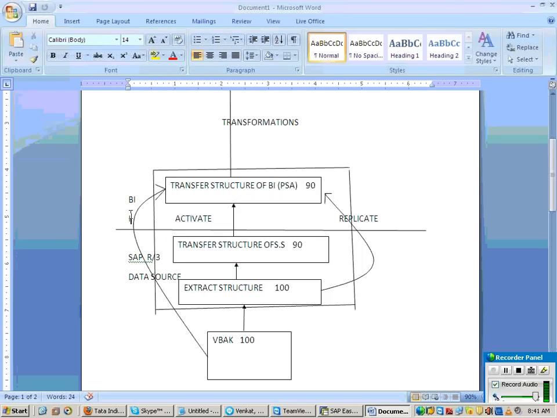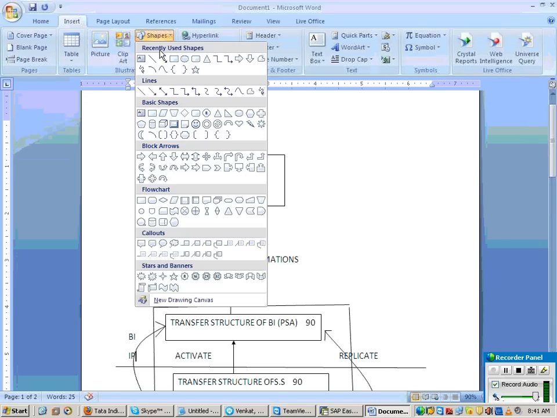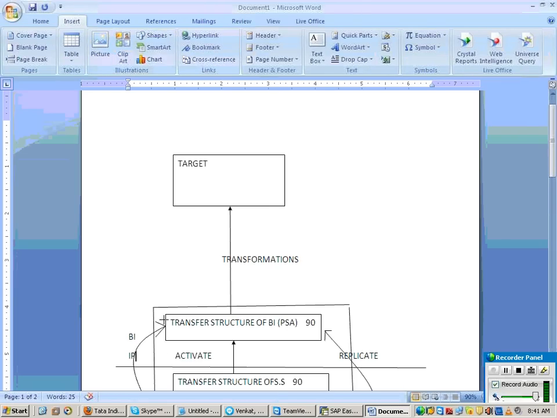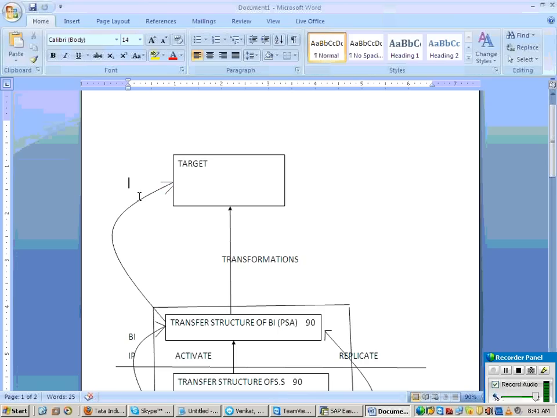Then after this you have to trigger a DTP. Clear now? Once you do this, your target is loaded with your data.